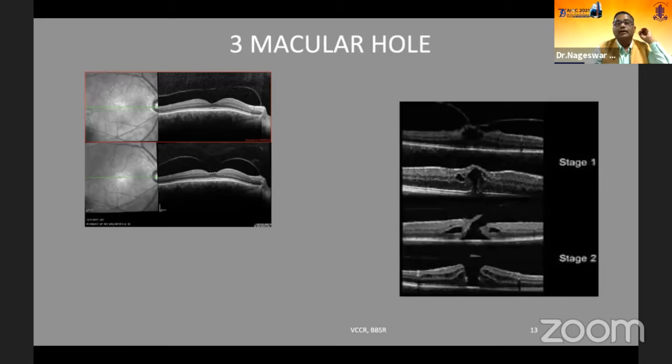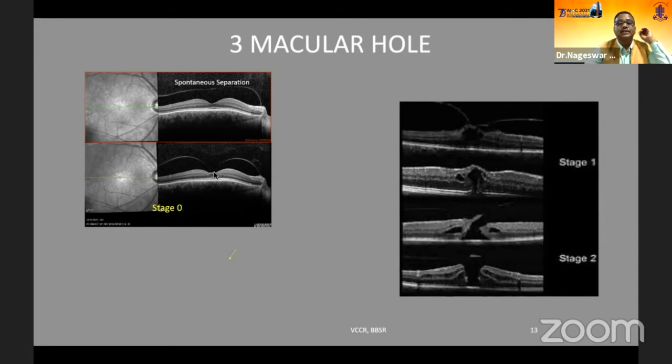Here in macular hole, Donald Gass classified macular holes prominently, and we have been following that till now. But after OCT came into the picture, we are actually classifying based on the OCT. This is the spontaneous separation. Suppose it's an early macular hole, stage 0.